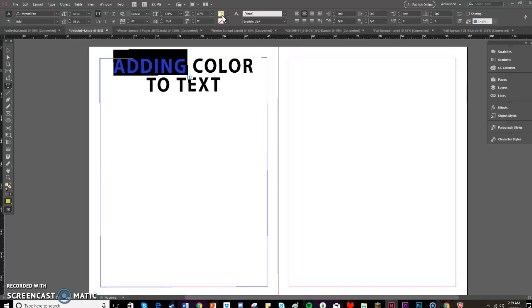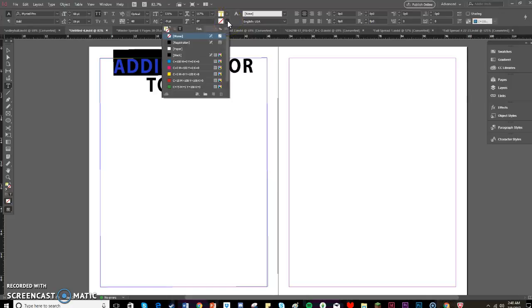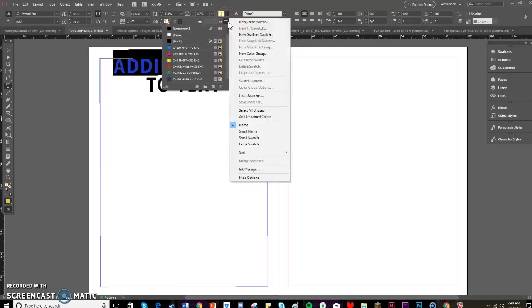The top one that has the T in it is going to color the text itself. This right here is going to color the edges. So right now you can see it's yellow because it already knows that this is yellow. So if I click here, I have some default colors, or I can click again